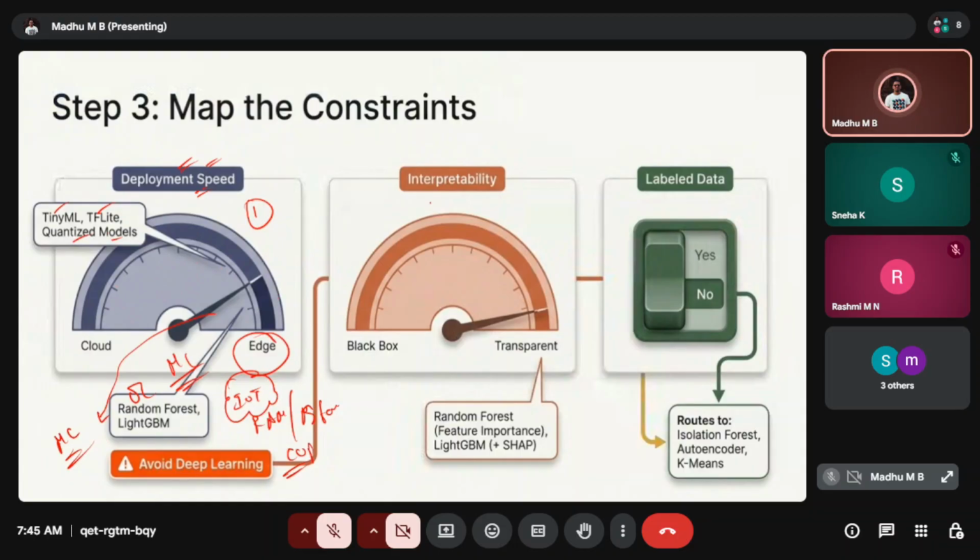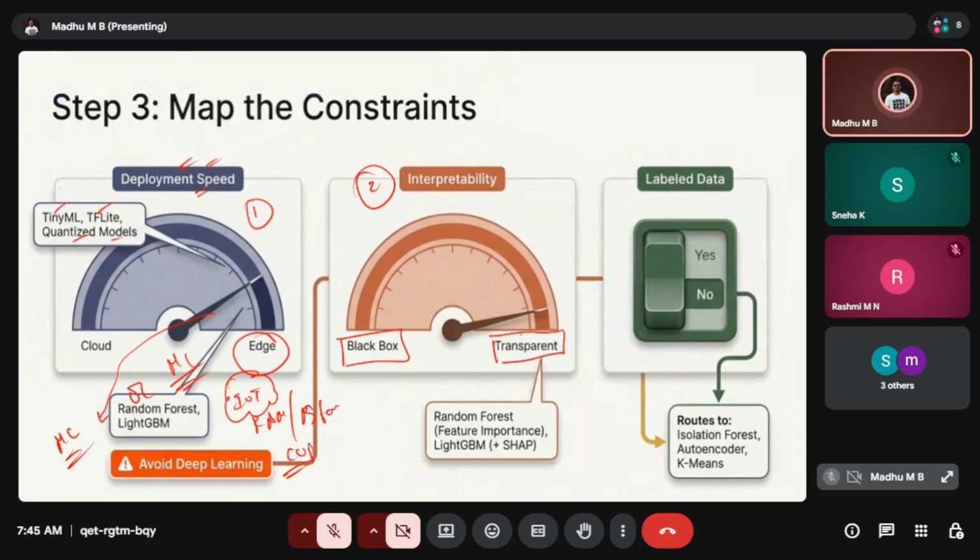Coming to the second constraint, let's say we want to have more visibility. If you see here, we have two: one is the black box and the other is the transparent one.